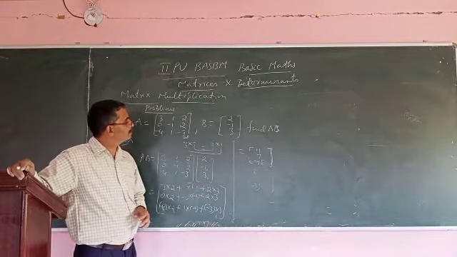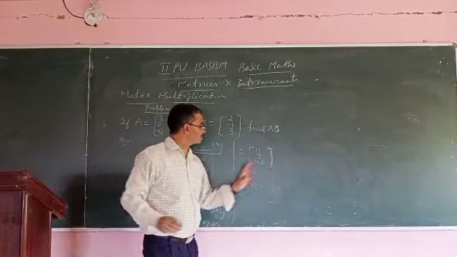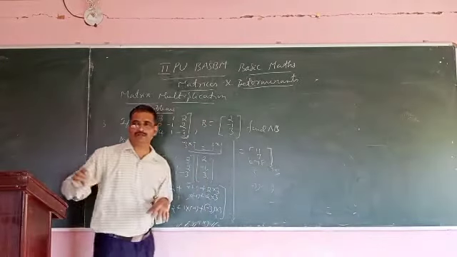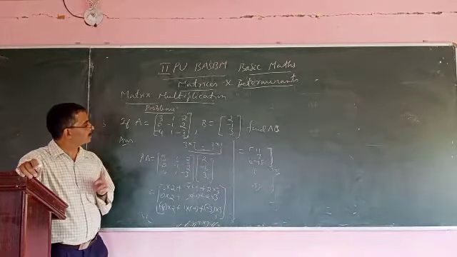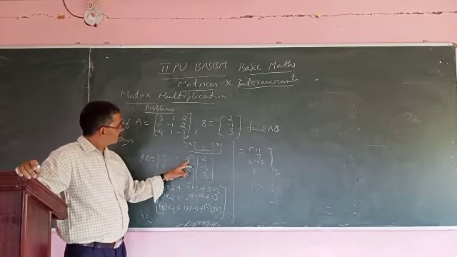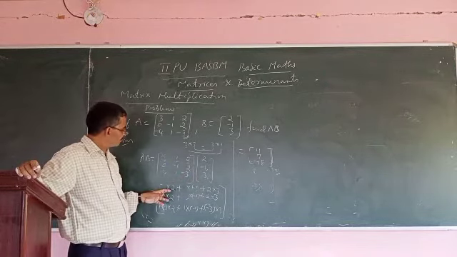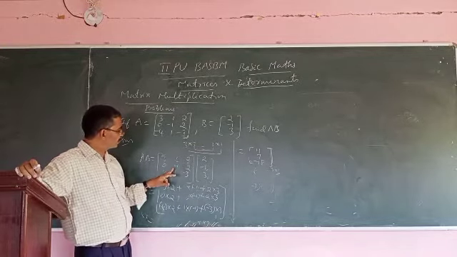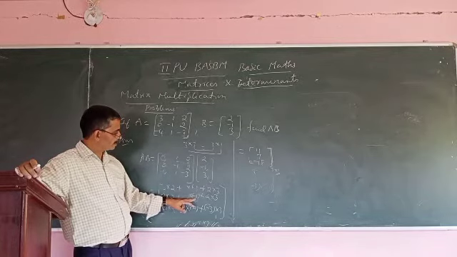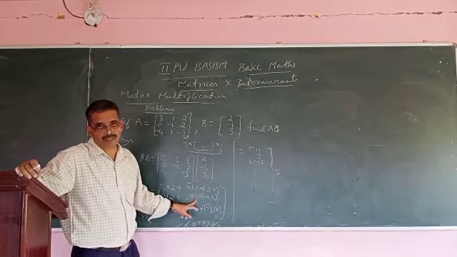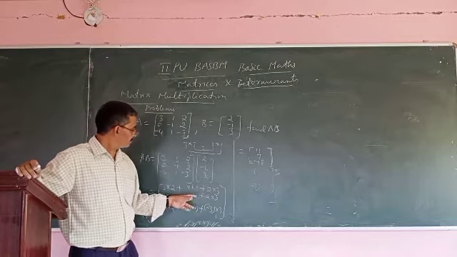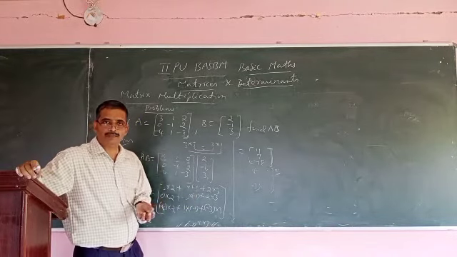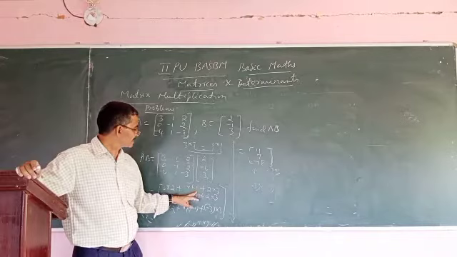So this is how it is done. It is of course of order 3 cross 1. I am just writing this order; the order will not be given in the exam. And one more important point: whenever you have negative numbers, better to give them within brackets. Otherwise there will be confusion between addition, multiplication or subtraction.